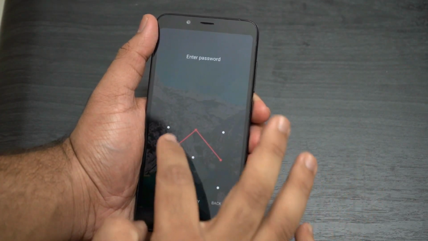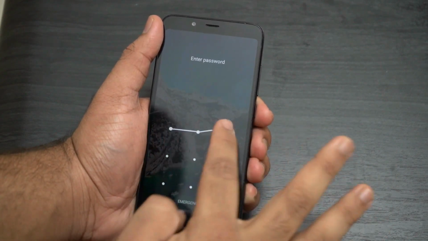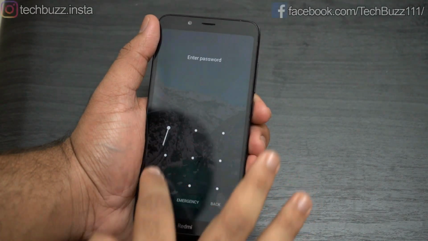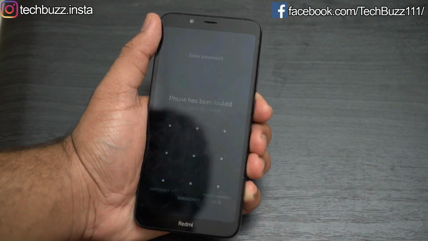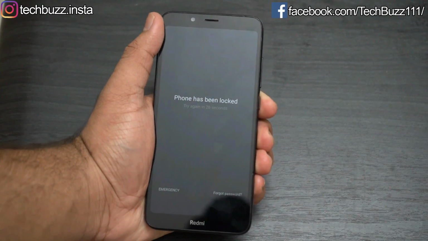Many of you must have faced this issue once in a lifetime that you forgot the password of your Android phone and got logged out and don't have any option to unlock your phone. It can be due to any reason, but it's a really frustrating situation. In this video, I will show you how to unlock your Android phone using your PC in just 5 minutes.